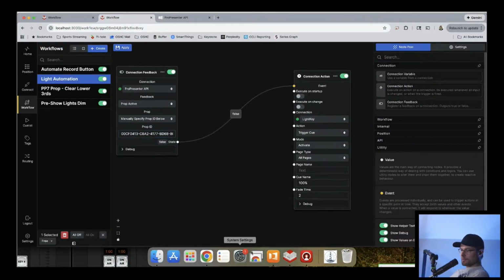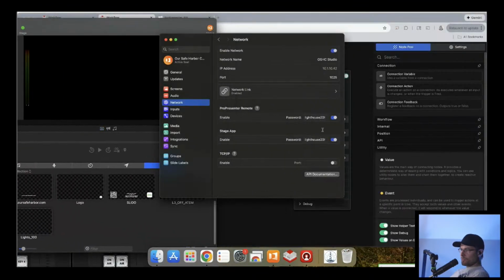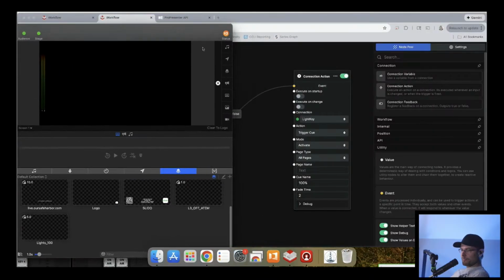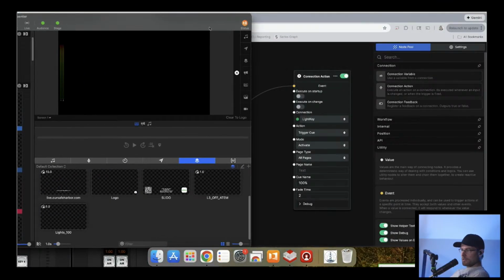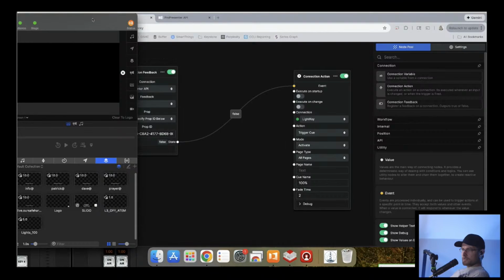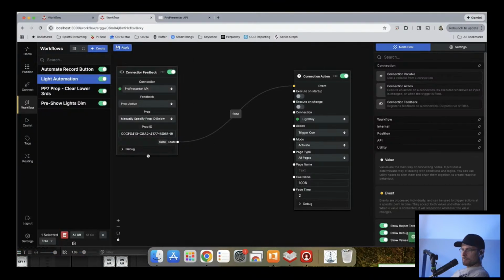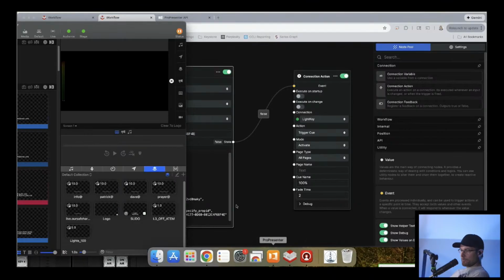We got this, y'all. There should be a way to lock the network port in ProPresenter. It should not be that easy to change it, because that seems ridiculous. Okay, so we got to hit apply. Make sure that this is in there. Boom. Yep. Now we're going to launch this.